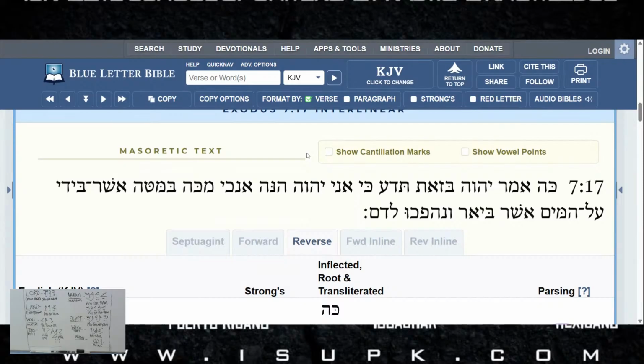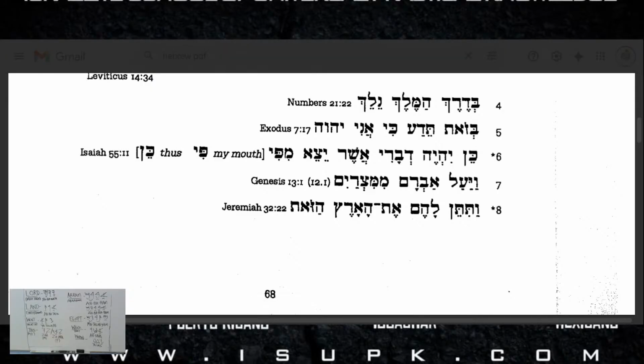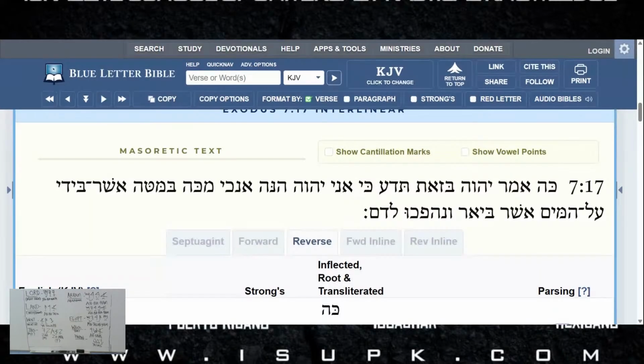So now let's keep going. Let's see what they asked us to translate. They want us to translate Baza'af, Tadai, Kaya, Anya, Yahweh. So let's find that. Let's translate it. Baza'af, right here. Tadai, Kaya, Anya, Yahweh. That's what they wanted us to translate. You just make sure Kaya, Anya, Yahweh. Yep, that's right.